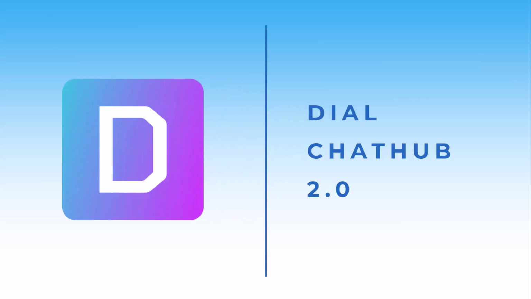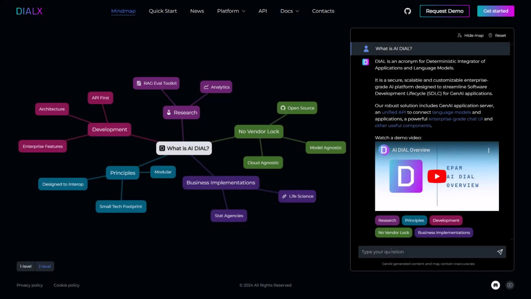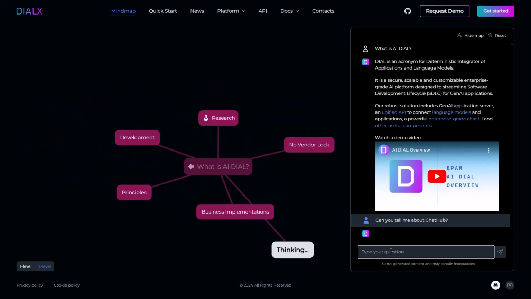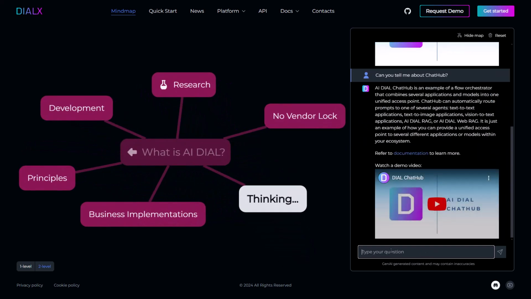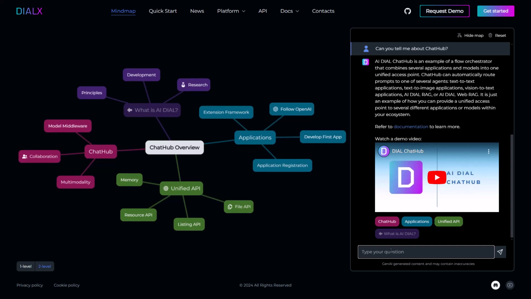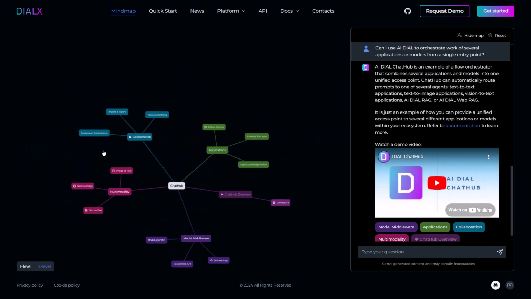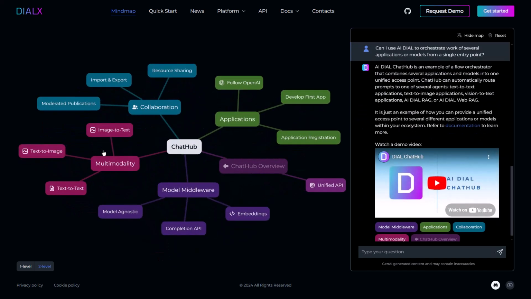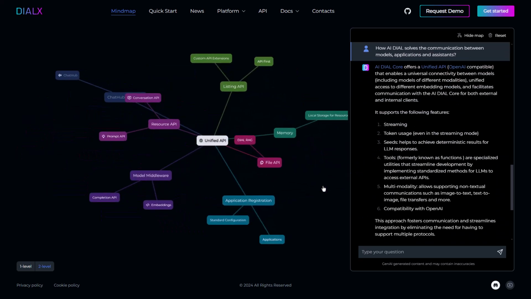In today's video, we'll be exploring the functionality of our prompt routing engine called ChatHub 2.0. The main idea of the ChatHub is that it provides end users with a single entry point for all their GenAI chat needs. Users can type their prompt, and a small GPT-based orchestrator sends the prompt to the best tool for the job. While we won't dive into the technical details today, under the hood, ChatHub 2.0 processes the descriptions